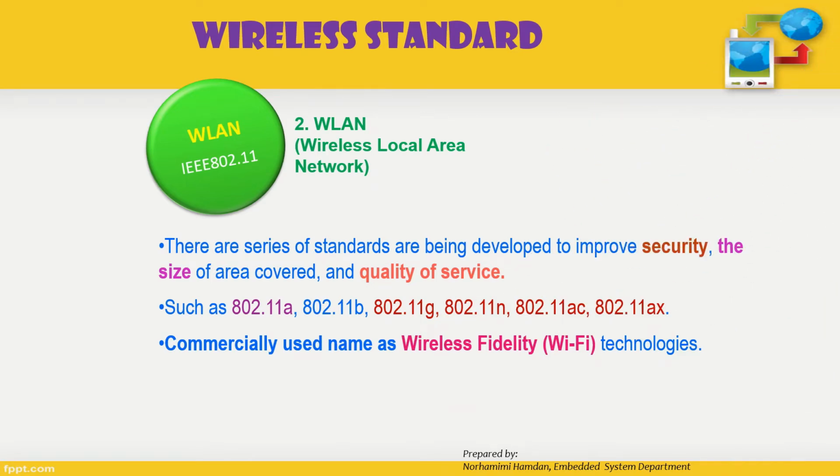There is a series of standards that have been developed to improve the security, the size of area covered, and also the quality of service for these wireless local area network groups. The series are 802.11a, b, g, n, ac, and also ax. We can see that the difference between all of these series is in the frequency and also the speed. And then in 1999,